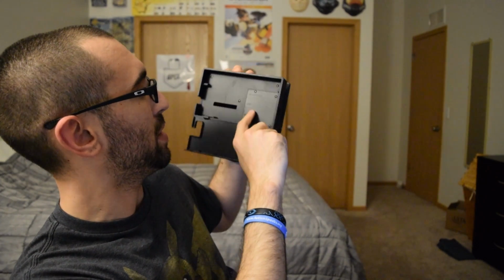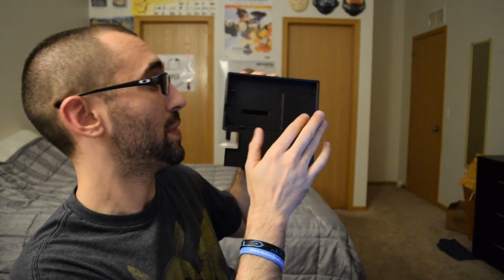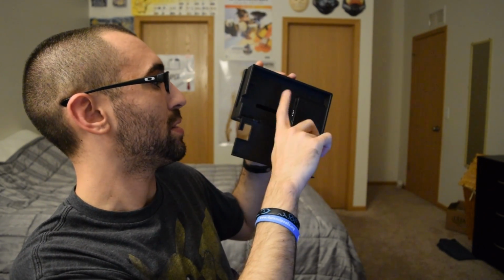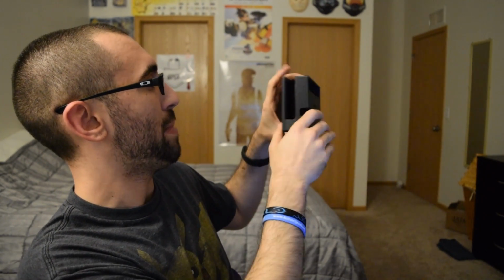And it has a USB 3.0, which is nice. So that means you can plug in a nice big old flash drive in there. That's where the AC adapter goes, and then the HDMI, and then it filters it all through the back side here, through this little jack in the back. Let's see. So that's pretty much everything in the box outside of the warranty and the sign that probably says